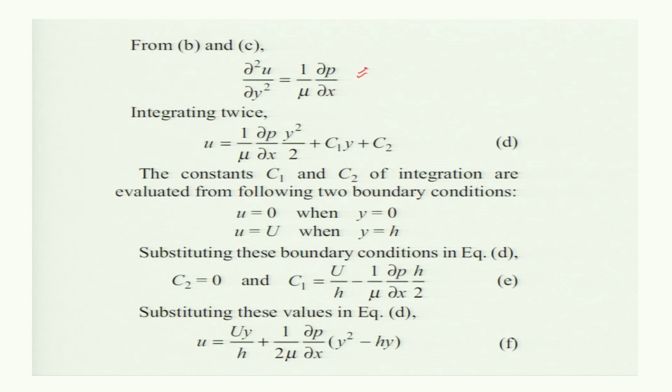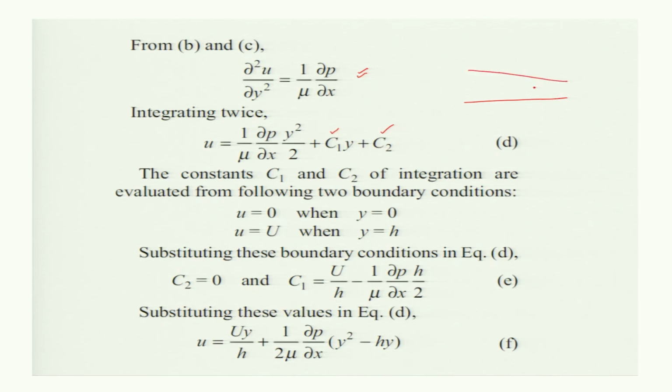Now, this is an important equation. By integrating it twice, we will get the value of u. Integrating twice, we get small u is equal to 1 by mu del p over del x, y square divided by 2, plus c1 y plus c2. By integrating twice, we have two constants of integration, c1 and c2, and these can be obtained from the boundary conditions. Now, what is the boundary condition for this particular case? In the x direction, the fluid is moving,